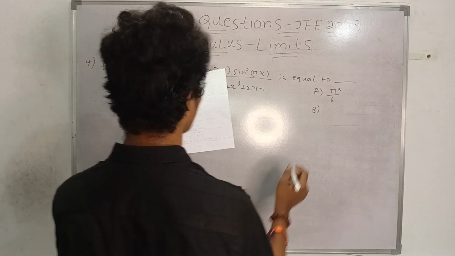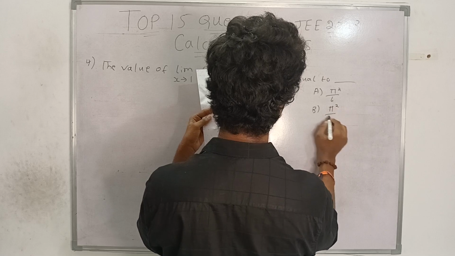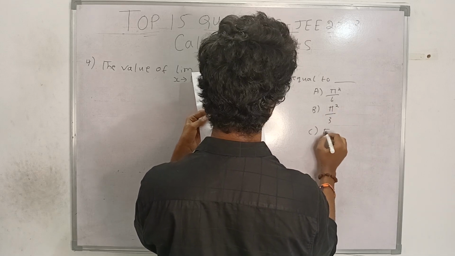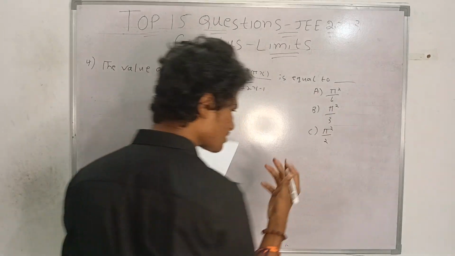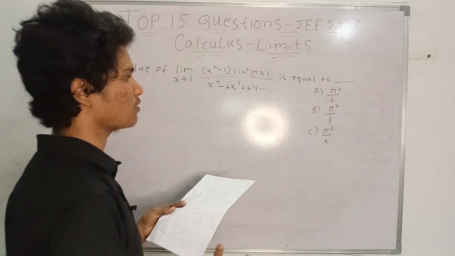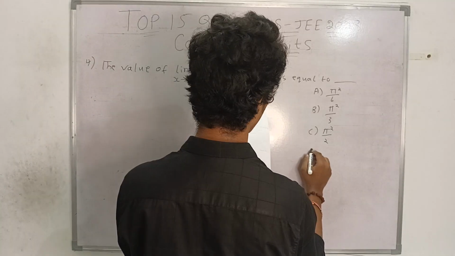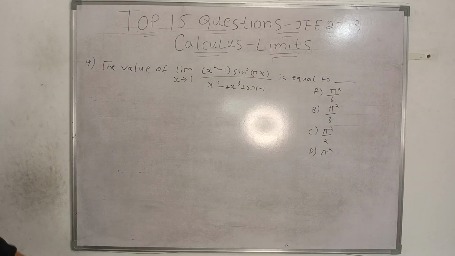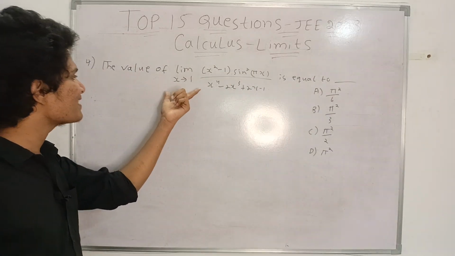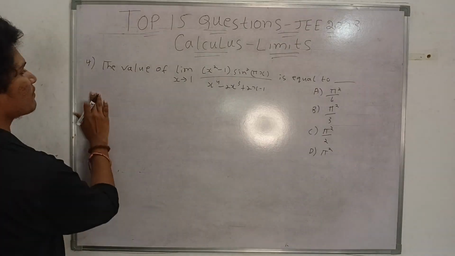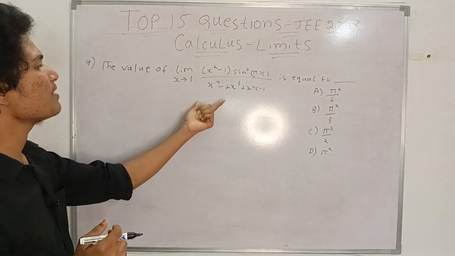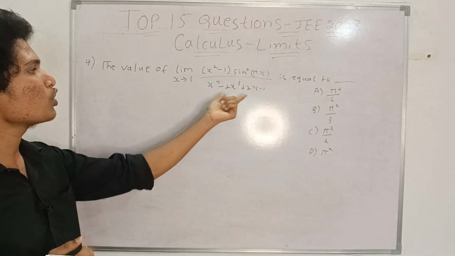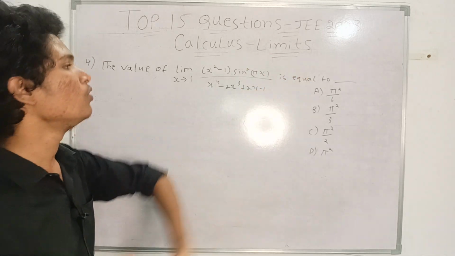Basically these limit questions are very simple. You have to find which method is suitable, because these questions are simple as well as sometimes lengthy, but you have to choose a method which makes it simple. So basically this is the question. They are saying that the value of limit x tending to 1 of (x square minus 1) into sine square pi x divided by x power 4 minus 2x cube plus 2x minus 1 is equal to